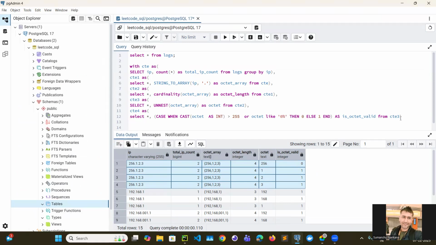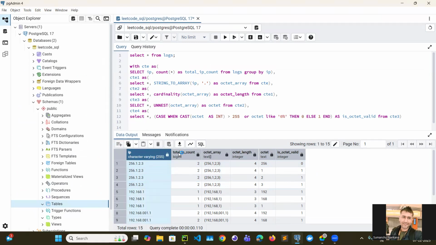So let's do that. Basically we will do group by these two columns, because in the output I need the IP, and in the output I need the IP count as well, and just do the group by. So let's do that. Select IP, total IP count from CTE4, group by,